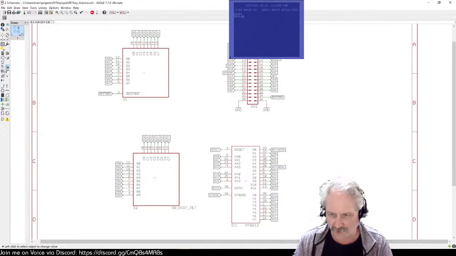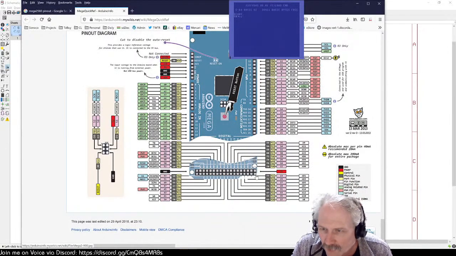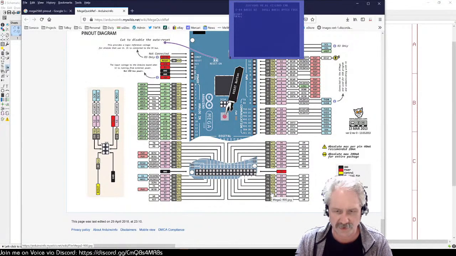Pin 7 is PC4. So PC4 is AX0. So then we have to go back to the code